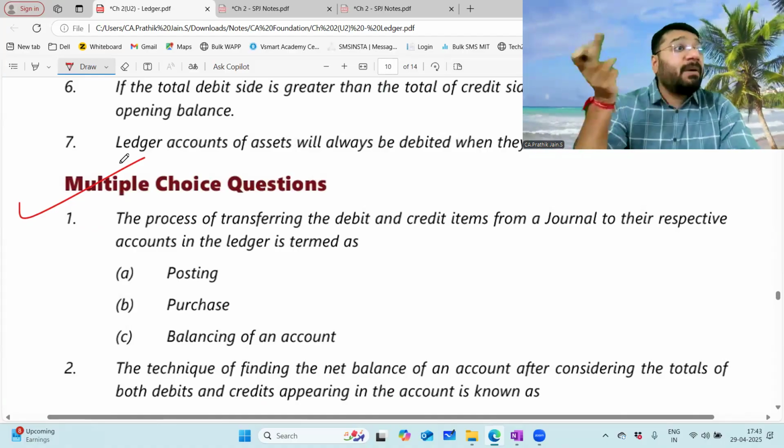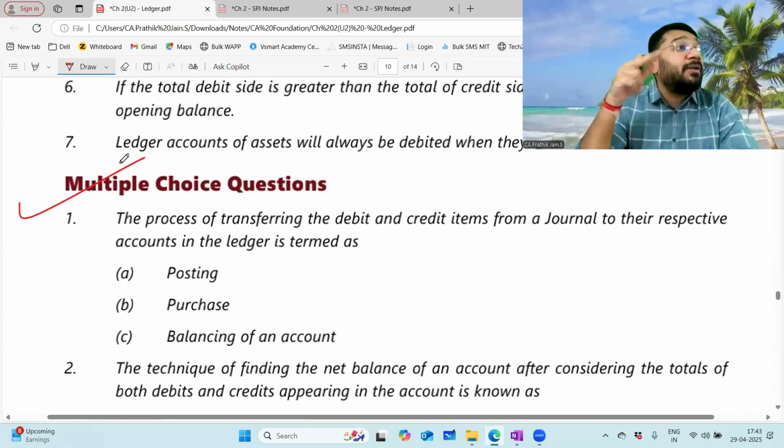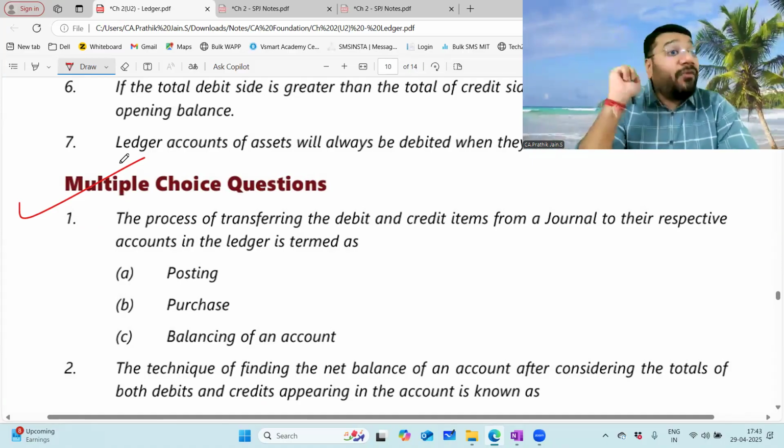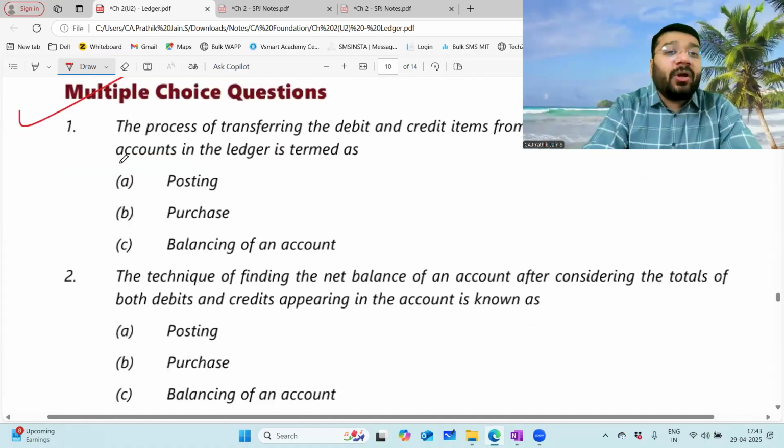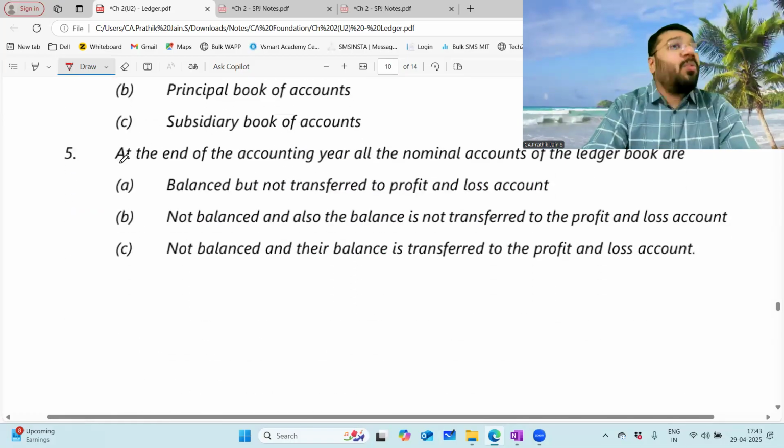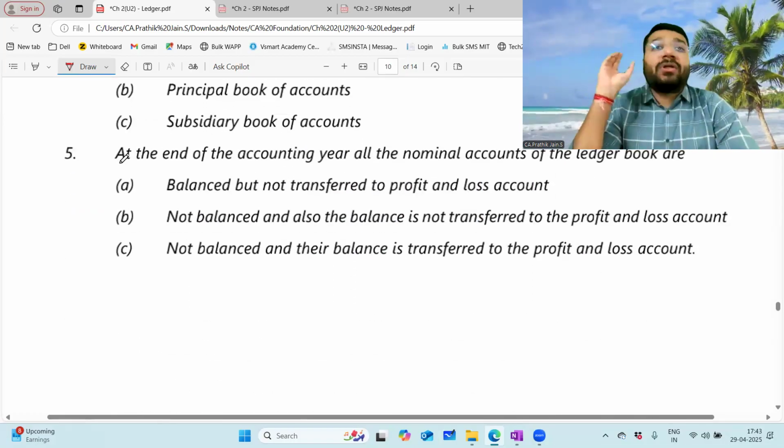MCQ is not there in the syllabus, but from this MCQ, can they pick up the question and rephrase it in a manner where they can ask true and false? Yes. So the MCQ questions you are not leaving, that is also homework. Now in this, whatever doubts you have, you will compile it in the WhatsApp group, the group that we have